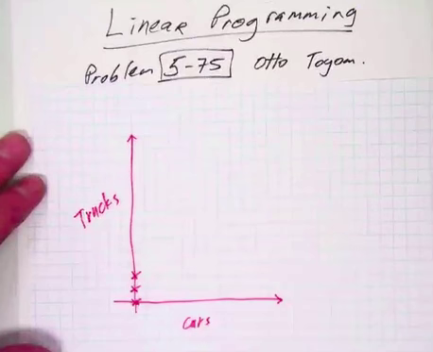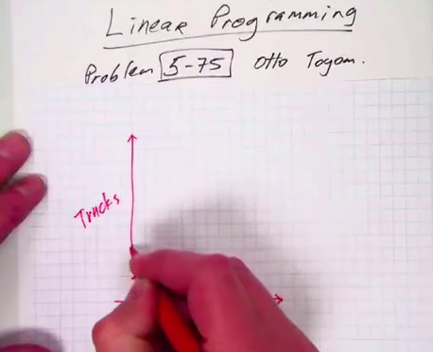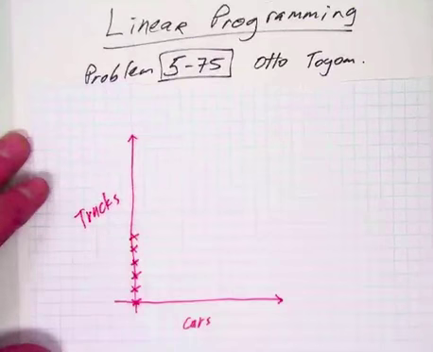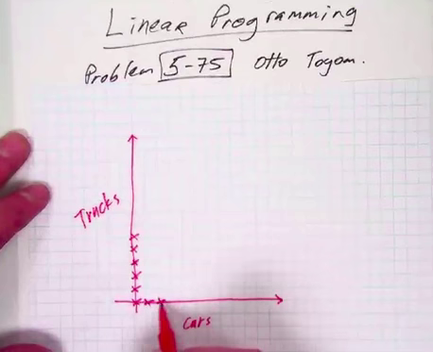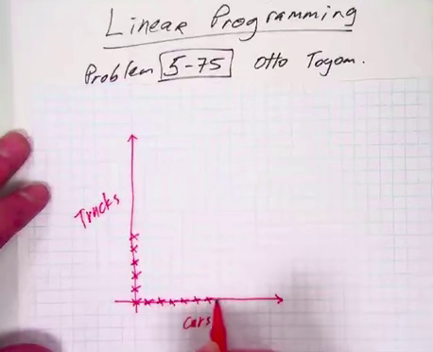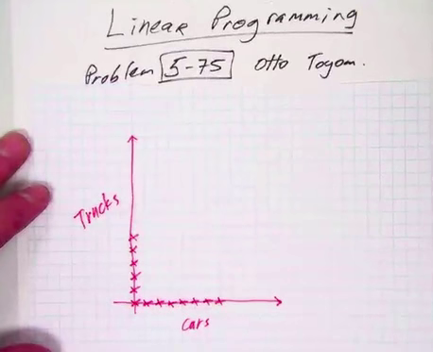Well, eventually you have to stop and think for a second and figure out the most trucks he could possibly make without any cars is 5. And the reason why, 1, 2, 3, 4, 5, is because each truck needs 3 gas tanks and he has 15 total gas tanks, so the most he could make is 5. And then you'd go over to cars. How many could he make? Well, it turns out 1, 2, 3, 4, 5, 6, 7 is the maximum number of cars. He can make 7 cars because they each take 2 seats, and he's got 14 seats available if he made